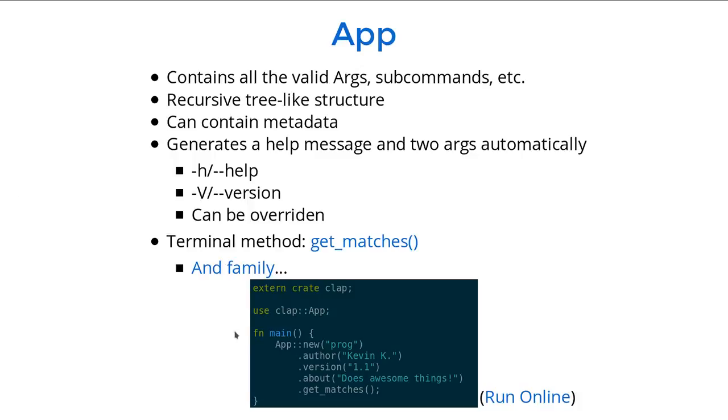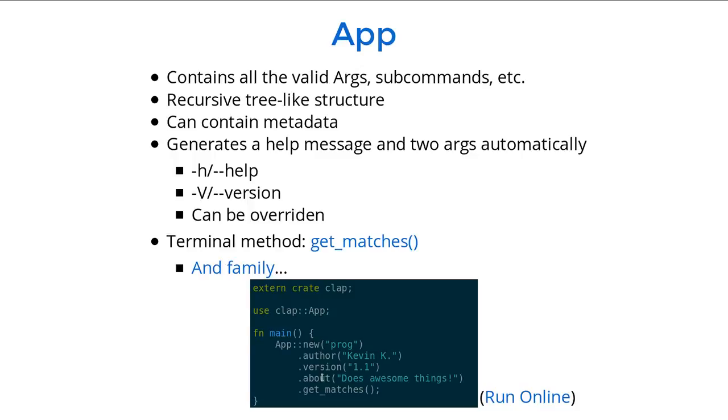So this right here, I'm going to use the mouse pointer for the sake of the recording instead of something like my finger or a laser pointer. But you create your app struct, and then you set various properties on it. Finally, you'll call get_matches, which will be the terminal method to this. If you were to do something just this simple right here, setting an author, a version, and a small description,